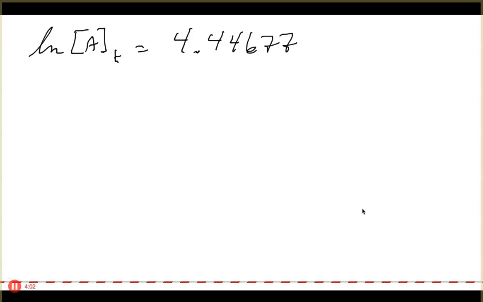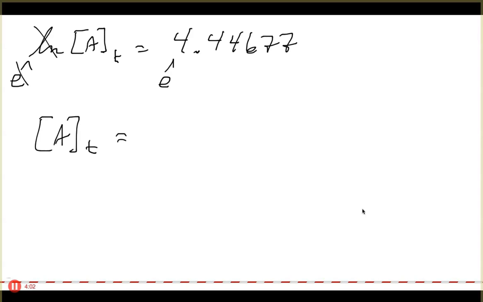4.44677. I'm keeping a bunch of sig figs because when we're dealing with exponentials, if you round early, you can compound that problem of rounding error. So we have that. What we can do now is exponentiate both sides. If I exponentiate, which means e raised to the natural log of concentration of t, well, these two are going to cancel out. It basically brings down a